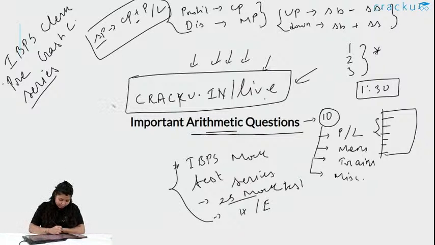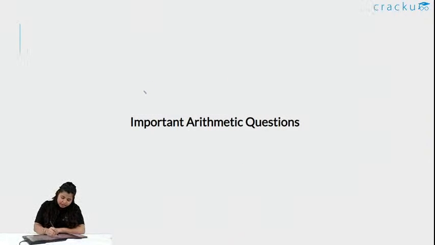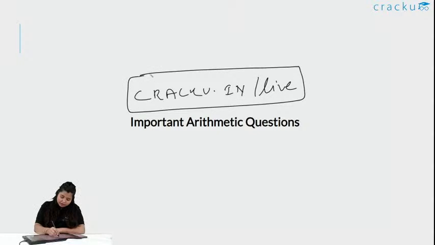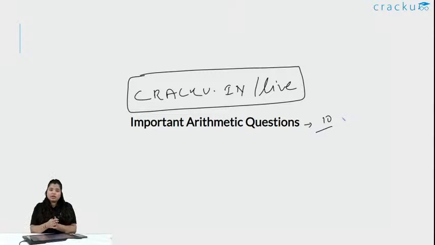Okay, let's wait for a few minutes so that people can join. I am clearing everything and writing it again. Do join the quiz of 10 questions. These are really interesting, and we will see different approaches for different arithmetic problems, and we will solve some problems with the method of alligation. Remember, there is mixture and alligation, right? But alligation is not just part of the chapter mixture, rather alligation is a method, and you can apply this method in solving different questions so that you can solve the problems very quickly and easily.